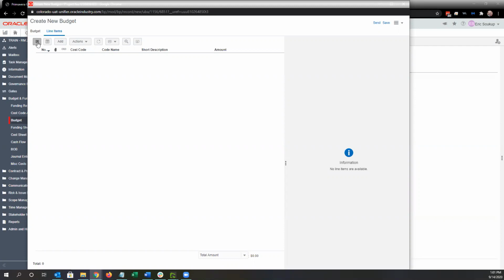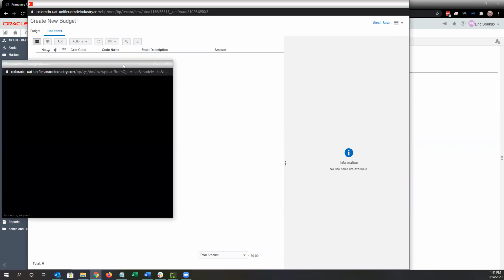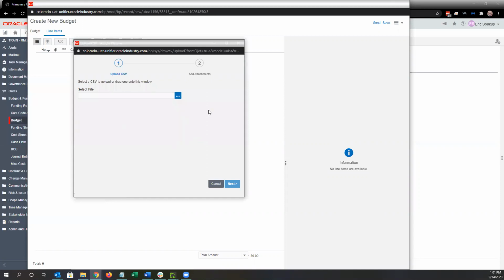So at the top, along with our form view and our grid view and our add for adding line items, is an action button. If you click on that actions button, the first option you see is import. If you click on that, it will bring up a little upload